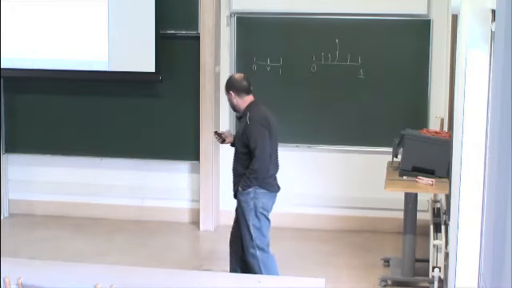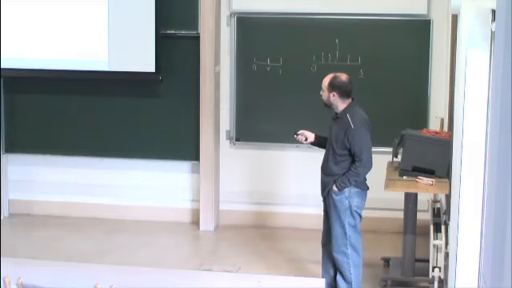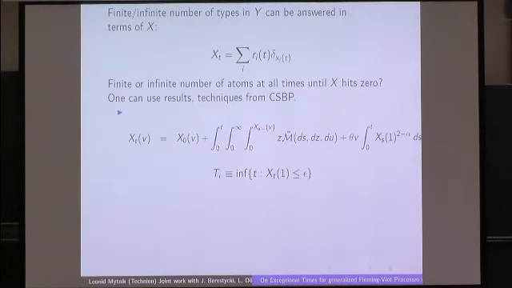But you can do an easy comparison, and okay, this is the process we are talking about, and let's take T epsilon to be the first time the mass arrives at a small level epsilon. And let's see what happens with this process